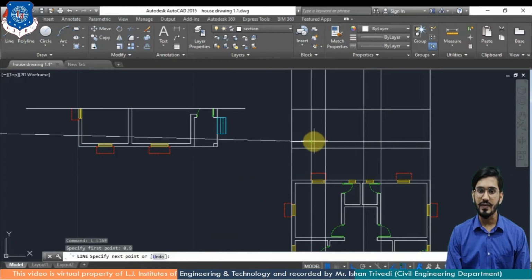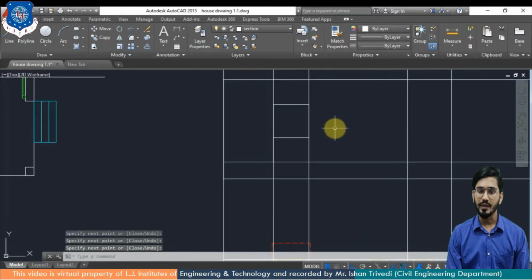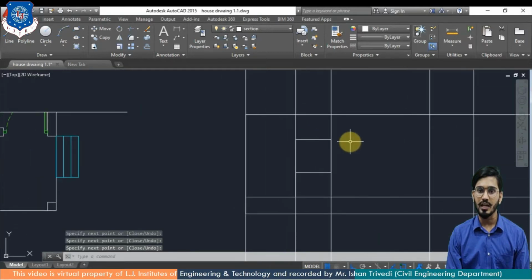Now I will specify the line at a height of 0.9 meter from ground level, and that is the window sill part. I am going to highlight only the window part, so there will be elimination of extra lines. Then the height again, 1.2 meter, and finish the window opening. Here I am going to give you an example of how to draw a window.